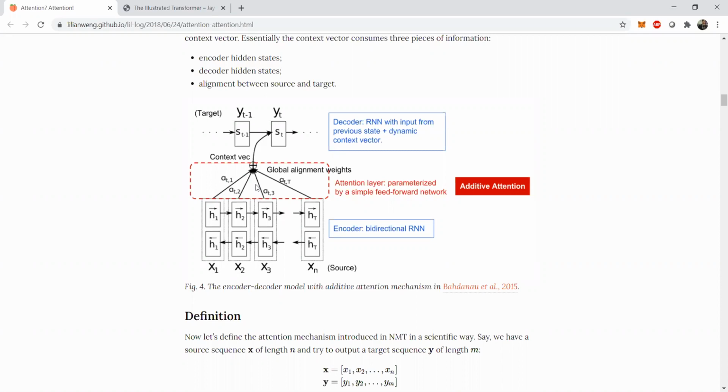attention is applying an additive form. That means we are adding the hidden weights that we see over here, alpha T1, alpha T2, alpha T3, and so on. And then we are applying some nonlinear activation on it. In most cases it is the tanh activation. So we get the context vector from the individual attention weights. These alpha T1, alpha T2, alpha T3, and alpha T4 are called attention weights. We sum those attention weights together, which is known as additive style or Bahdanau style attention, and we apply a nonlinear activation, which is tanh. And then we get the context vector from it.